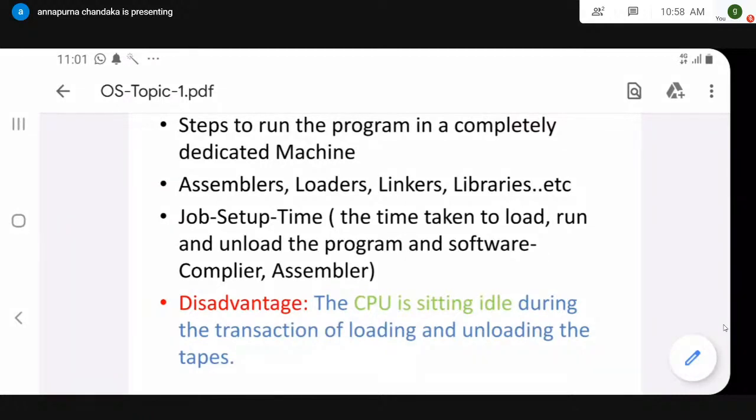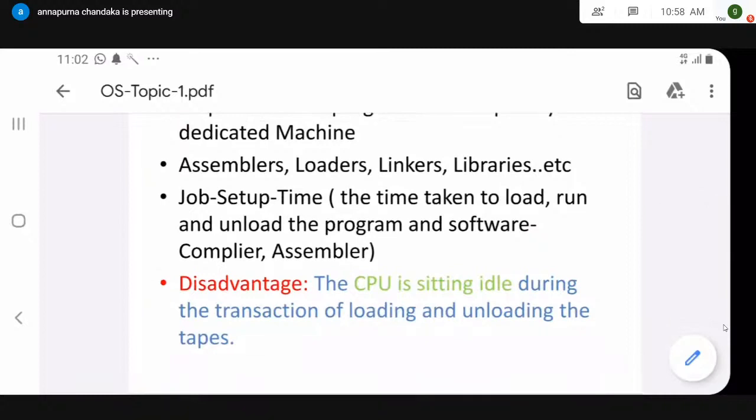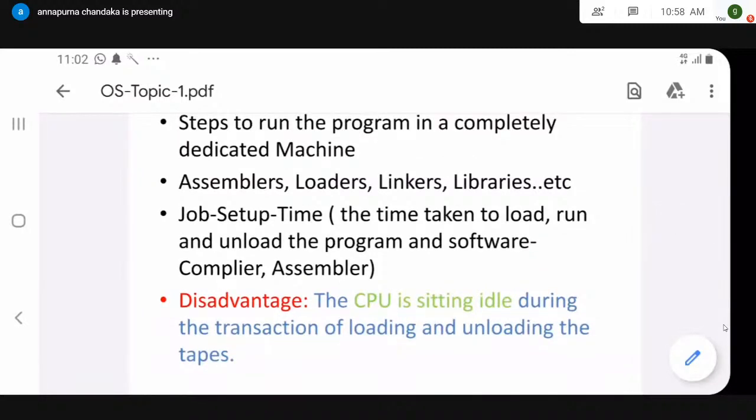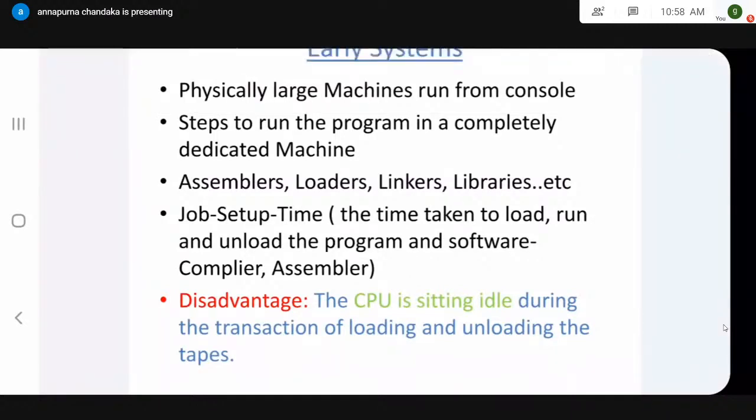I know you are all GATE-prepared students and have already completed your compiler design subject. In compiler design, you have seen 7 phases: lexical analysis, syntax analysis, interpretation, optimization, code generation, storage assignment, assembly and output. The phases you see in your textbook are used to convert a high-level language program into assembly language. Only in the 7th phase are you converting the assembly language program into machine language.